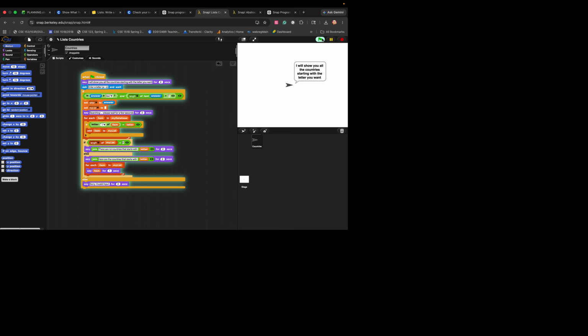The screen will reset to the country database. Then it tells the user, I will show you all the countries starting with the letter you want. After that, it asks the user to enter a letter. For example, if I type A, the program searches through the country list and says the countries that start with A, such as Afghanistan, Albania,